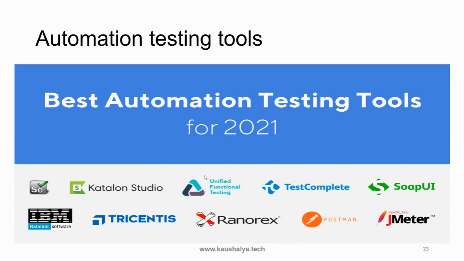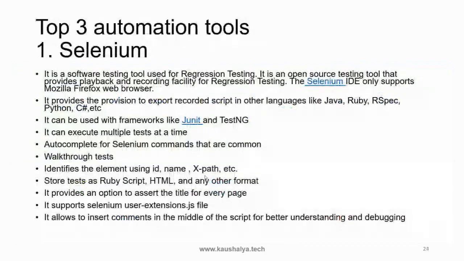So if you look at the different tools available, we have tools like Selenium, Kotlin, and then Unified Functional Testing, Test Complete, SOAP UI, and then Rationals. There are some commercial, there are some non-commercial software. Some softwares are used for load testing or API testing like Postman and then Apache JMeter. So from the perspective of the automation testing, quite a lot of companies use